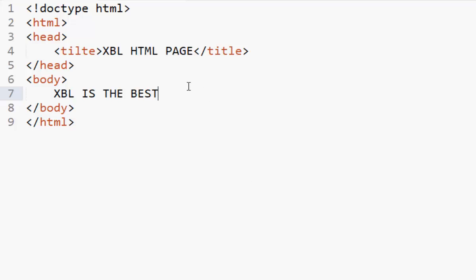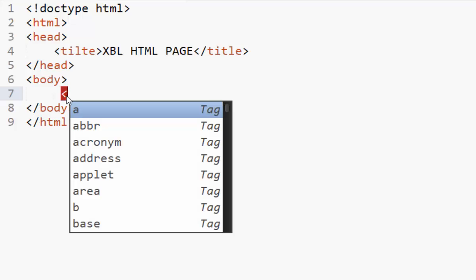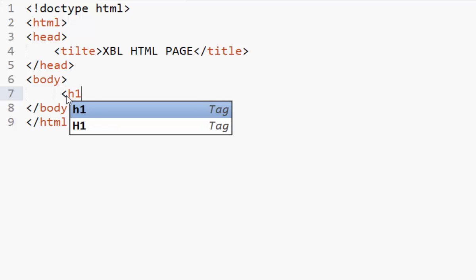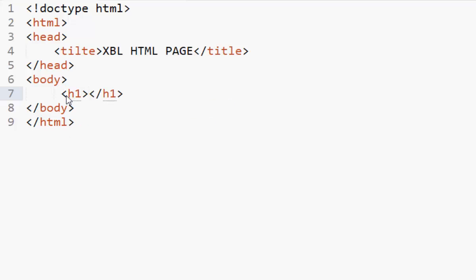But if you want to specify this writing, you're going to need this. Why? Because if you want to change the color, if you want to change,